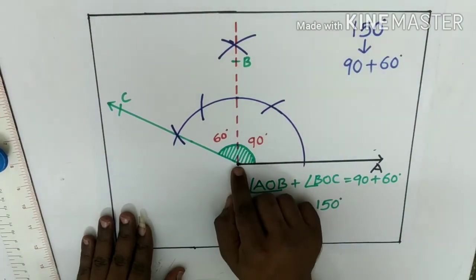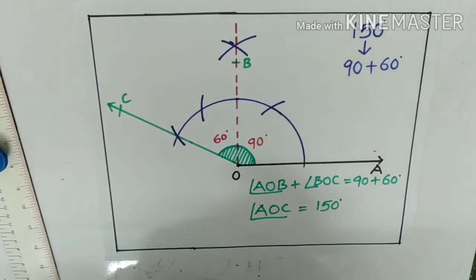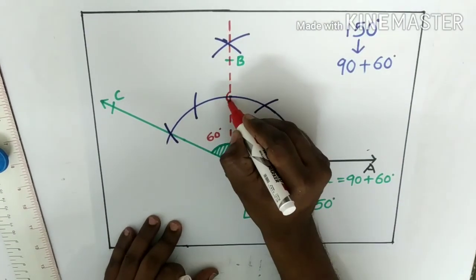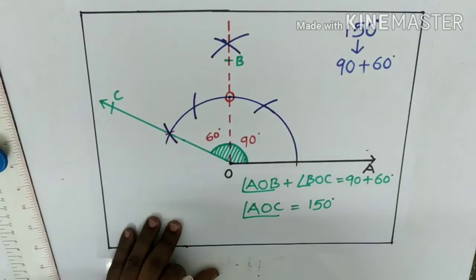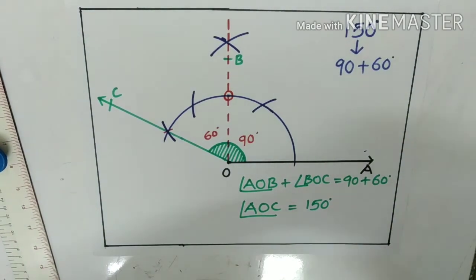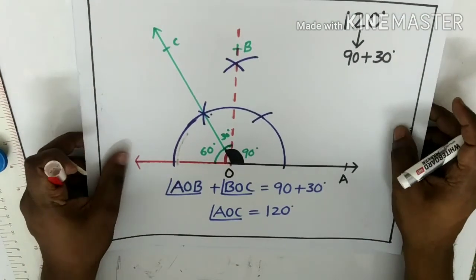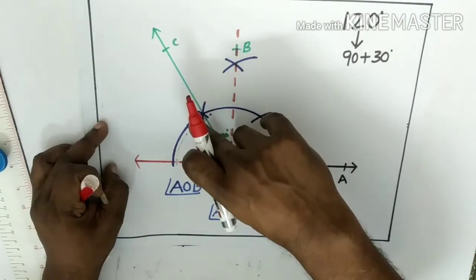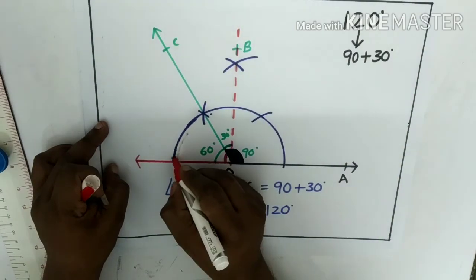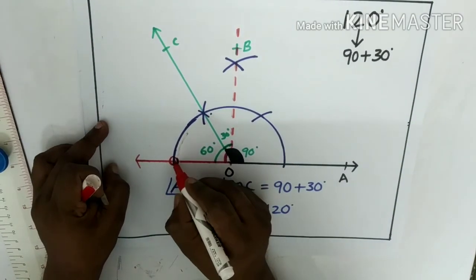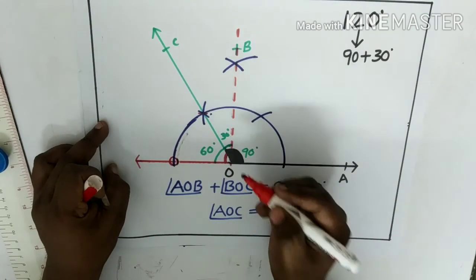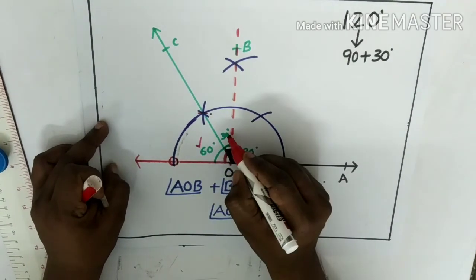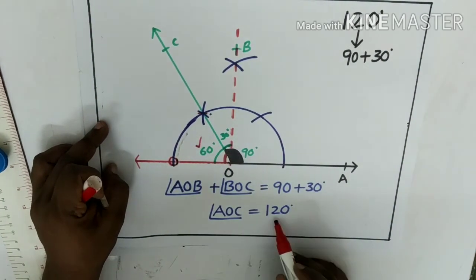So this 60 degrees line, from here one arc is already there. From this point I dropped the arc to here. Whereas for 120 degrees, here this is one arc, the 90 degrees part, and from here one arc, and I am taking the second arc from this point to the arc I considered. Here in 120 degrees, this is 60 degrees, so the balance is 30 degrees. 90 plus 30 become 120.